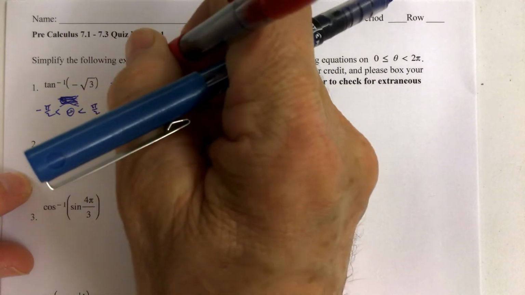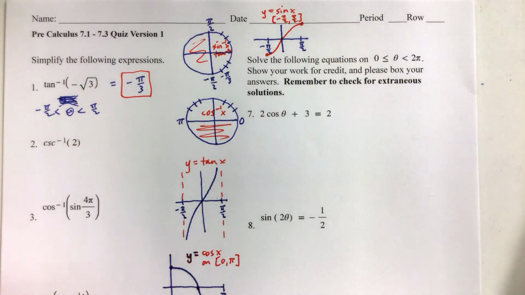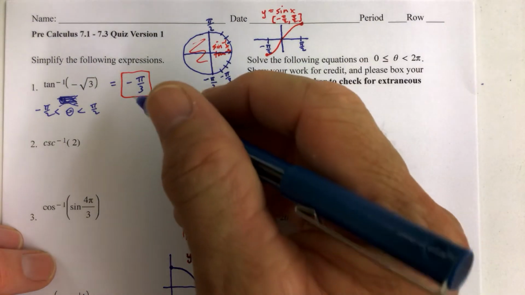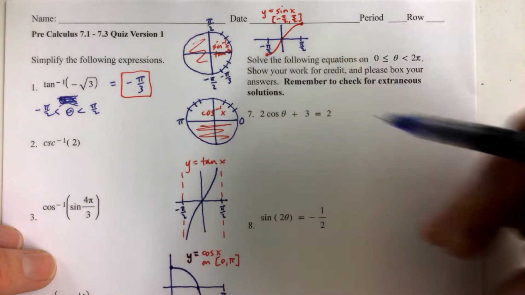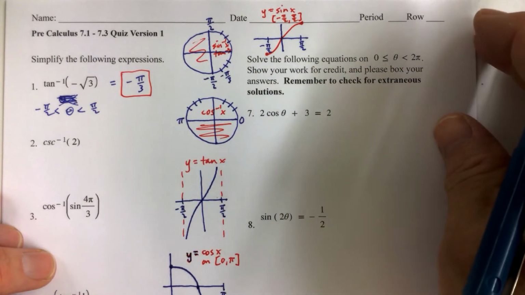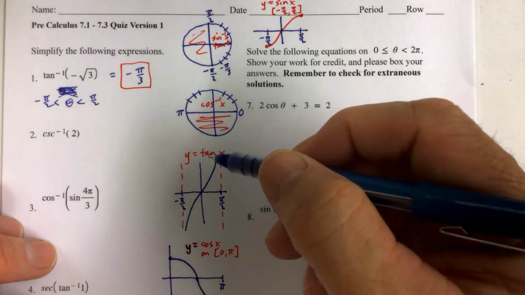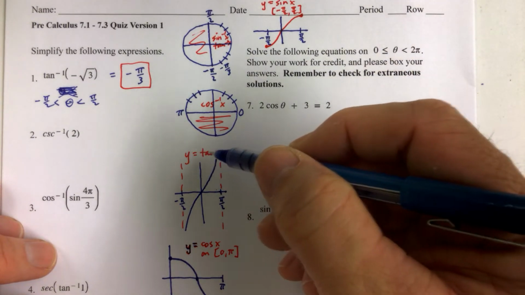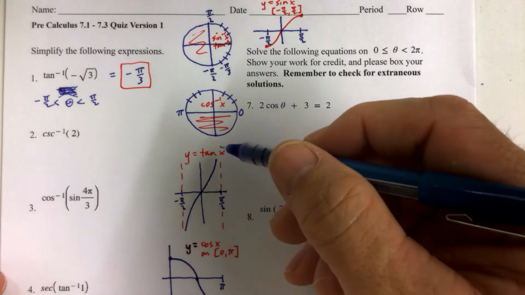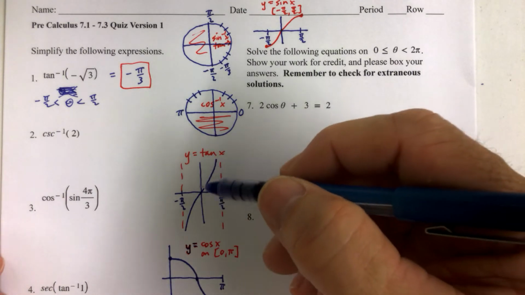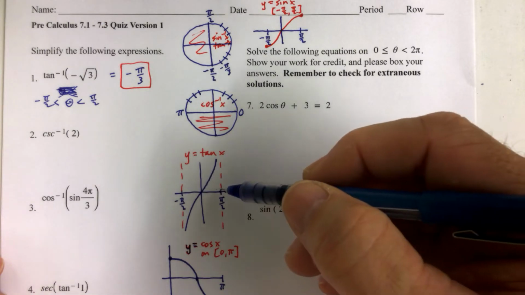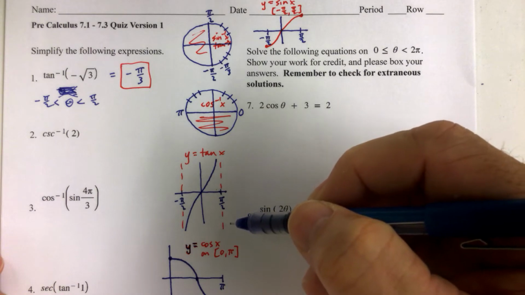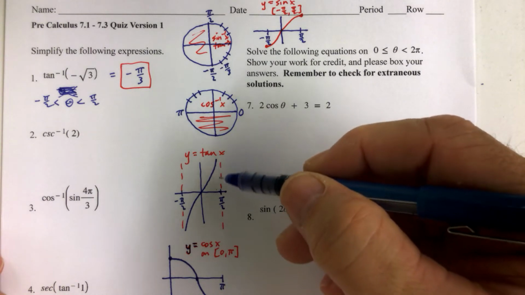And just a real quick note, why do we have to limit the answer, the angle, to an angle between negative pi over 2 and pi over 2? Well, that stems from restricting the domain of the tangent function, y equals tangent of x. If you remember, tangent of x goes through 0, 0, and it has vertical asymptotes at negative pi over 2 and pi over 2. But it also repeats every pi radians,